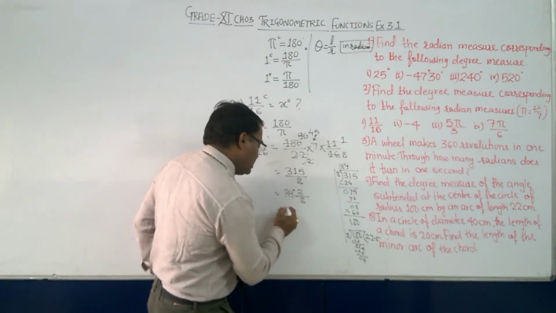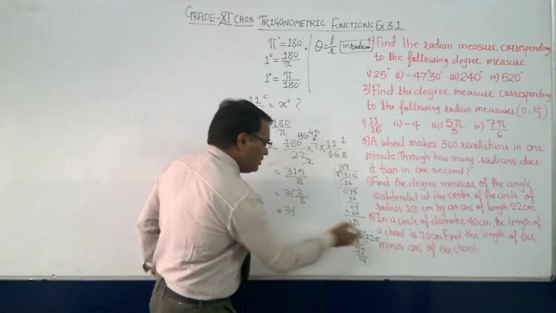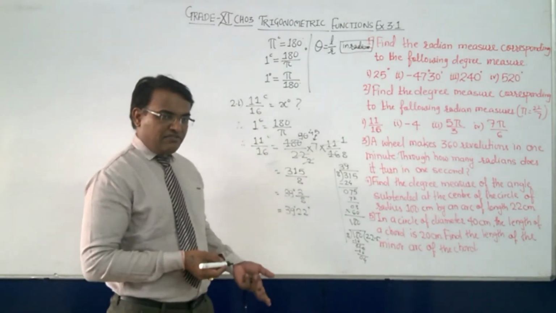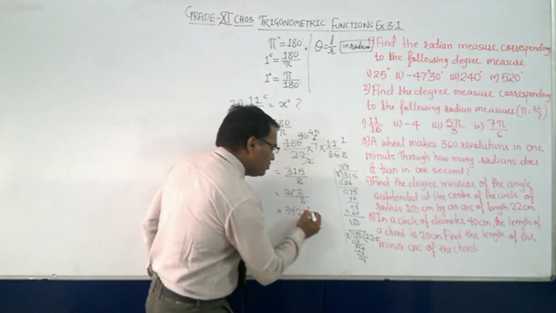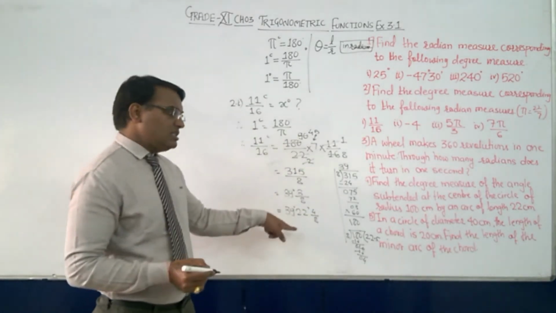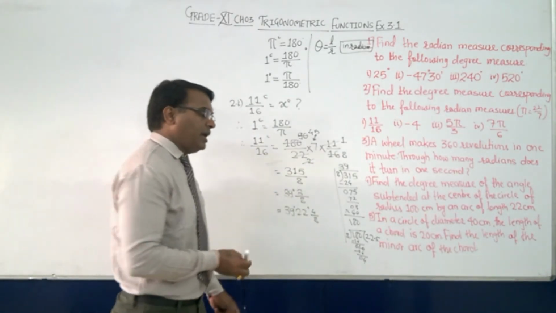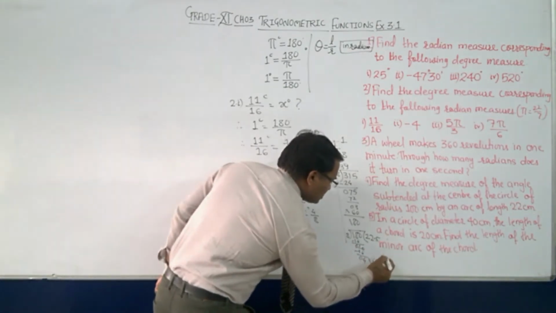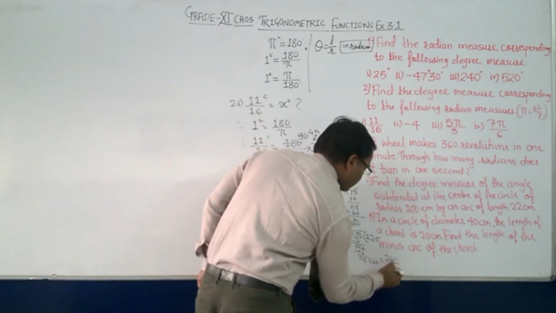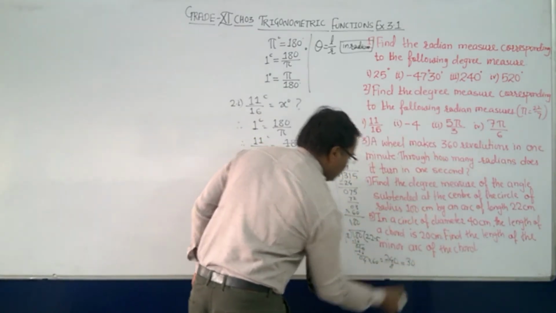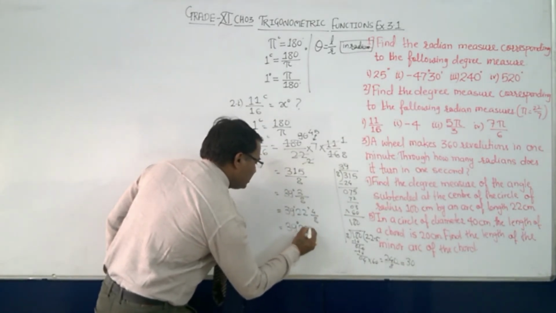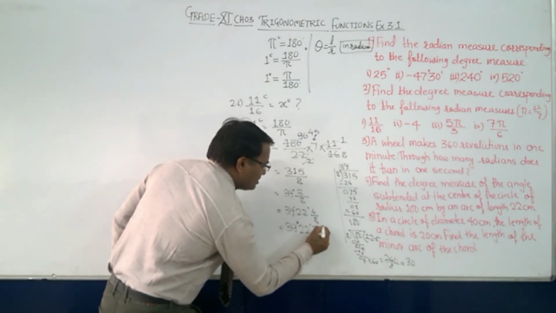Okay, so 39 degrees, then how many minutes? 22 minutes, and 0.5 means half. Okay, like that also you can do, or you can write it as 4 by 8. Then again this 4 by 8 needs to be multiplied by 60, which is equal to 240. Right? 4 into 6 is 24 divided by 8. So 8 threes and then 30. So what does it mean? It is 39 degrees, 22 minutes and then 30 seconds.